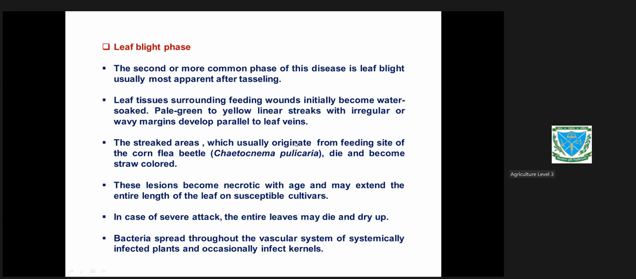this lesion, yellow color lesion, or you can say yellow color streaks or dark with wavy margin, we can usually notice. And the lesion basically starts from the feeding site of the corn flea beetle, and the lesion becomes necrotic with age, may extend the entire length of the leaf on a susceptible cultivar. If the cultivar is susceptible, then you can see the whole leaf become blighted, meaning turn straw color with wavy